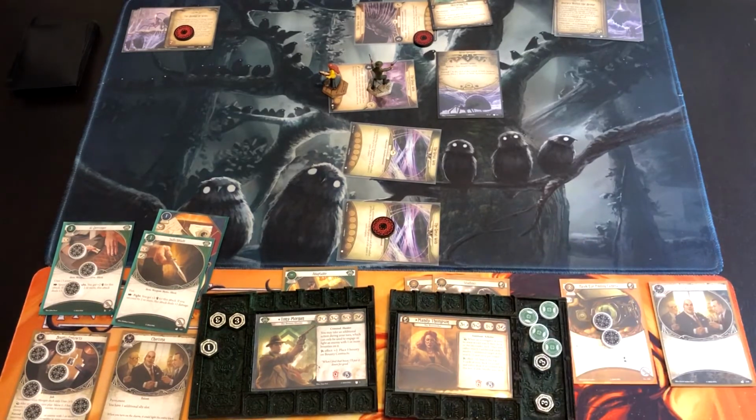And her intellect is now 6, which is just straight up good intellect. Does she No Stone Unturned? I think she will. I don't think she needs these resources for anything. So she'll go ahead and fast play No Stone Unturned. And she can grab for Tony...